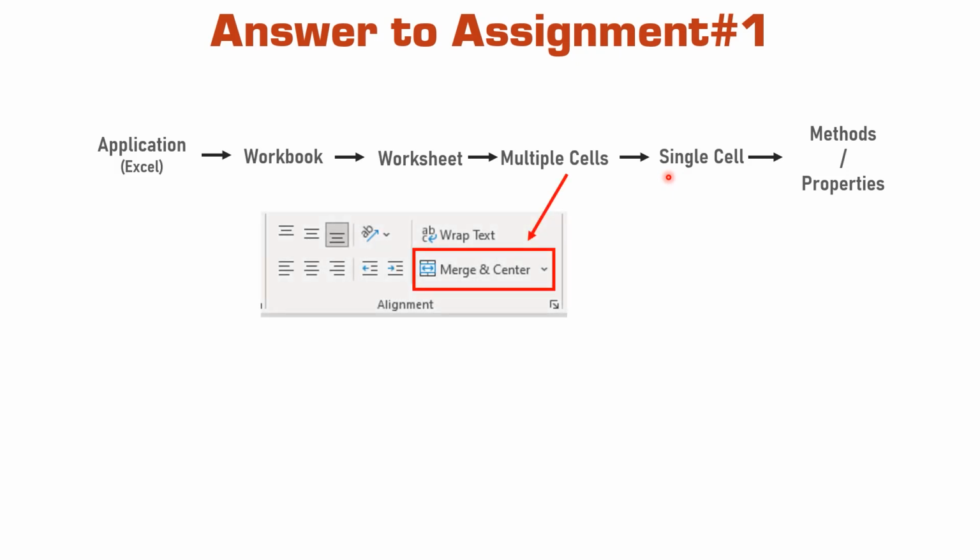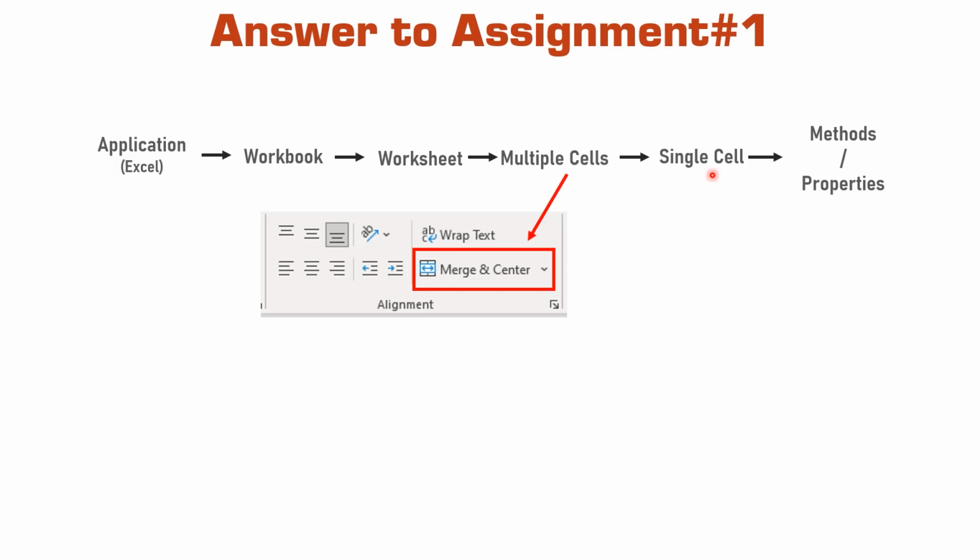Also, it is important to understand why we must differentiate multiple and single cells. If you are familiar with the Excel merge cells option, this is a method in VBA terms and is applicable on multiple cells only. Similarly, there are a few methods specific to single cells, say for example, entering a formula into a cell. So when there is a difference in methods for any object, we must keep those objects separately.